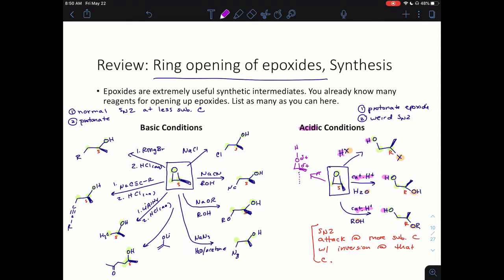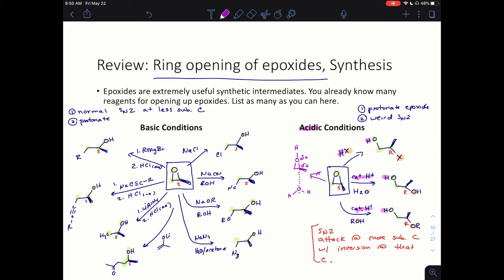And then when the weak nucleophile floats by, such as water, its electrons are attracted to that partial positive, and so we see opening at the more substituted carbon, which we call a weird SN2 because usually SN2s happen at the less substituted carbon. So we can see the new bonds are formed at the more substituted carbon, and there is inversion of stereochemistry